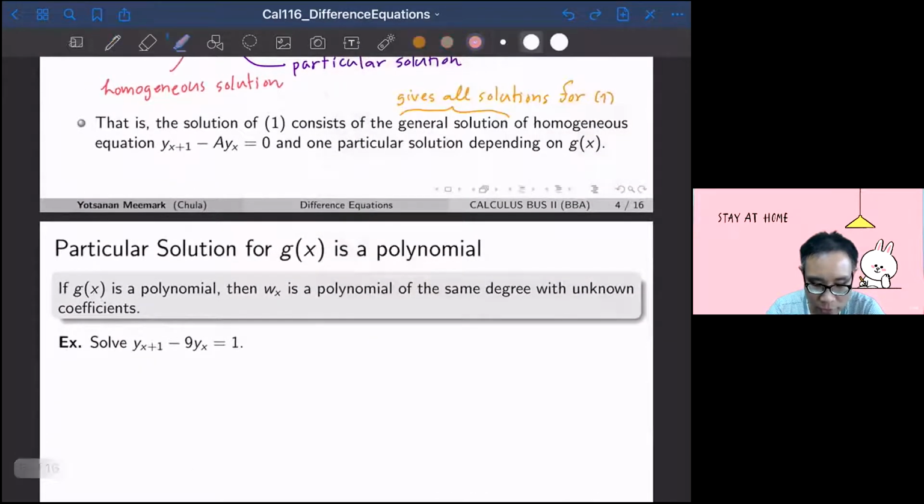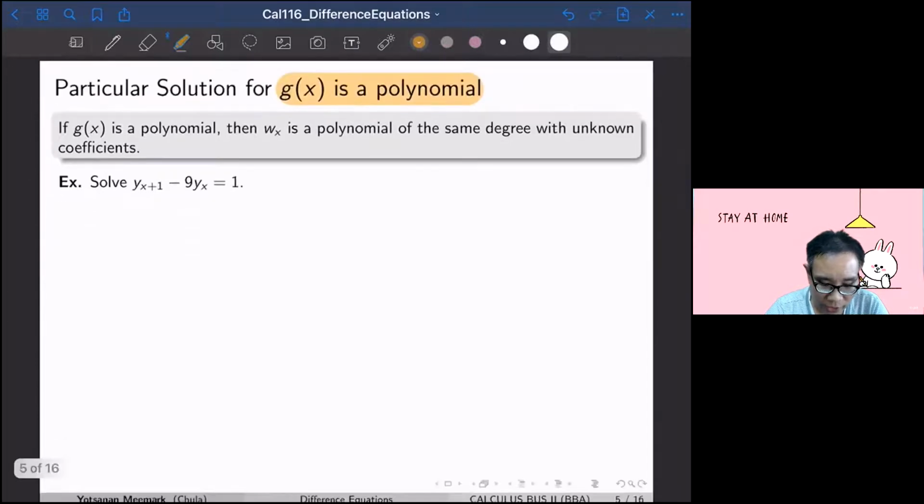The first one is when gx is a polynomial. So if gx is a polynomial, the particular solution will be a polynomial of the same degree with unknown coefficients. Okay, so the particular solution turns out to be just a polynomial of the same degree. So what does it mean? It means that if you want to solve something like this, the general solution for this difference equation, y(x+1) minus 9y(x) equal to 1,